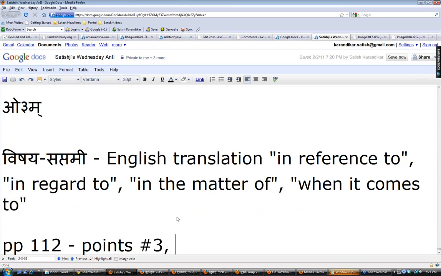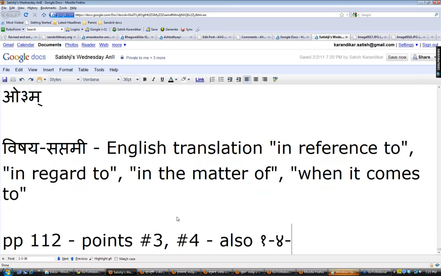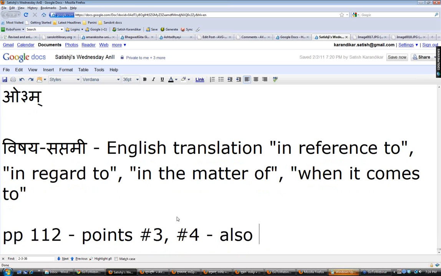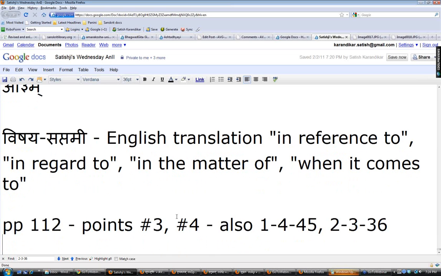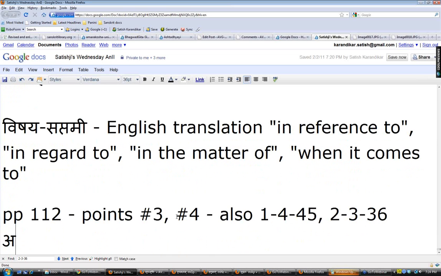Number 3 and number 4. These are also, you have to use 1445, Adhar Vadikaranam, and also use 2336. So, Sarvatra, Adhar Bheda. So, Bishji,